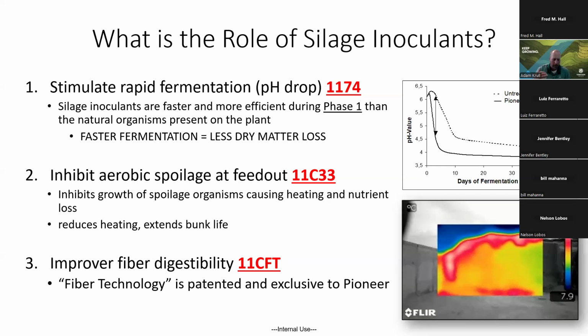The next level of inoculants are the inoculants that contain a Buchneri strain, and those are really inhibitory towards yeast production at feed out. And again, these yeast, Luiz talked about it, as they start using the sugars and creating heat and breaking down the silage, they're going to lower the quality of that silage. So using a Buchneri to prevent heating, to prevent that yeast growth at feed out, can really help maintain the